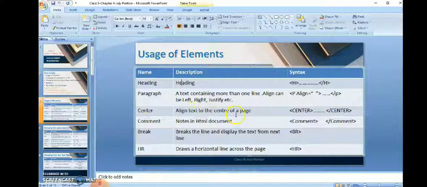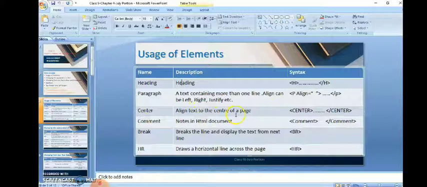Then we have comment. When we write something in a comment, it will be like a note in the HTML document. It will not be displayed when you run the HTML code. Don't worry, I will show you how it works with the help of a program. Then BR is to break the line. If I write BR between a line, from that particular point it goes to the next line.